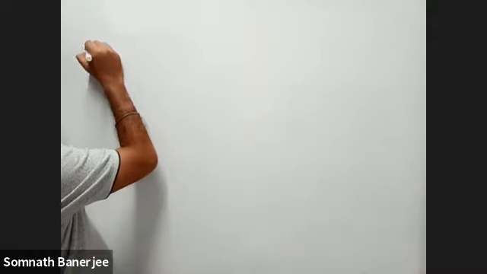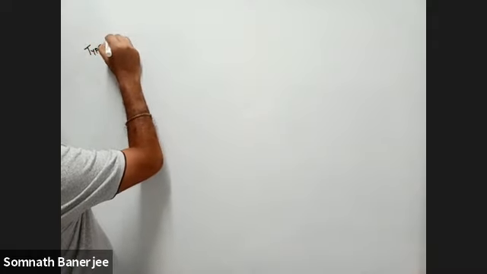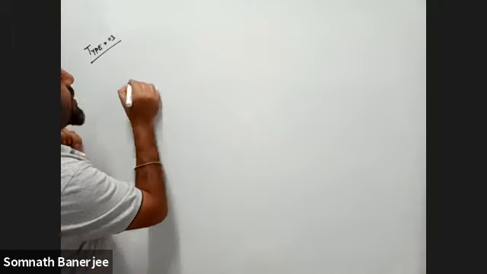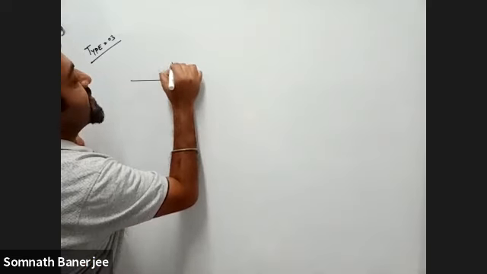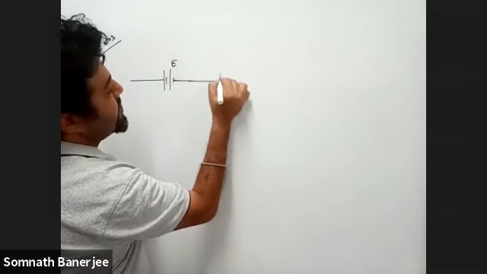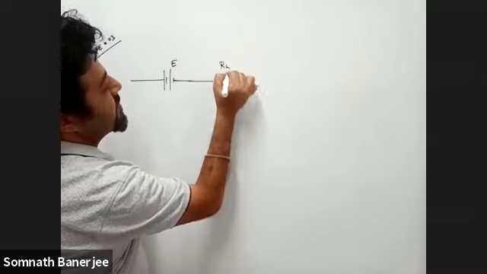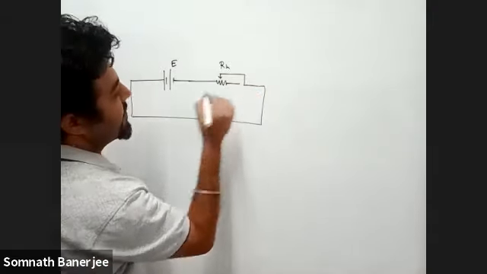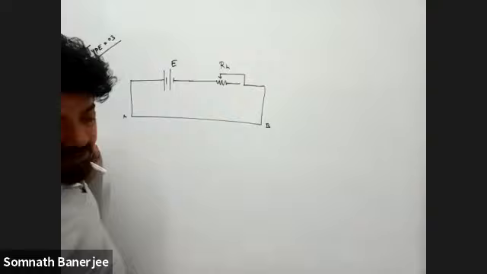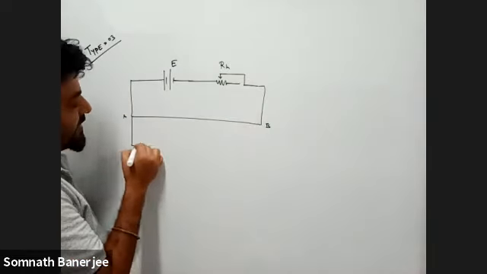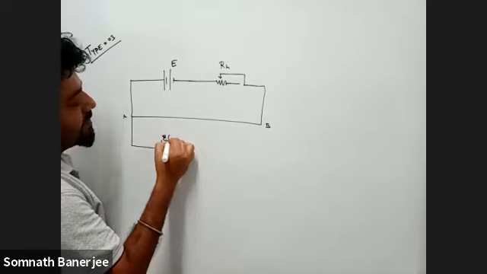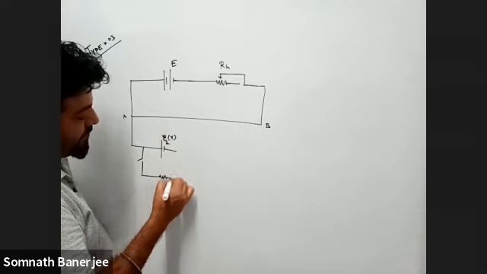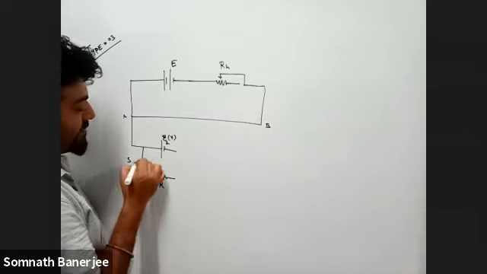Now today's one, the fourth one, which is very important. Suppose this one is E and you have RH, that is a rheostat, which is connected with the AB wire. Now with this, you have a secondary EMF E2, internal resistance r, a switch with external resistance capital R.